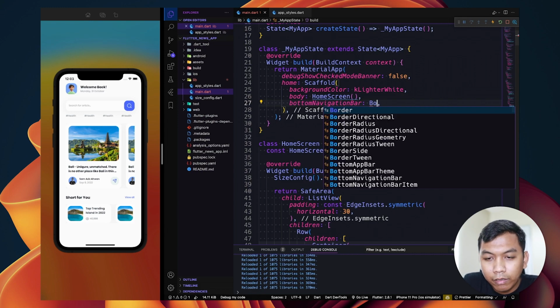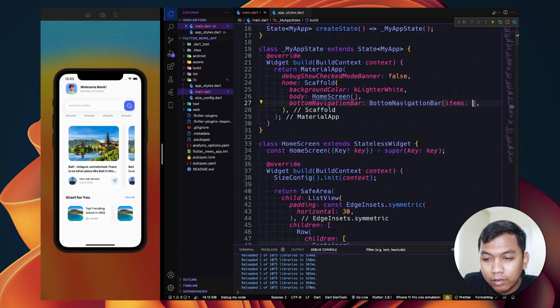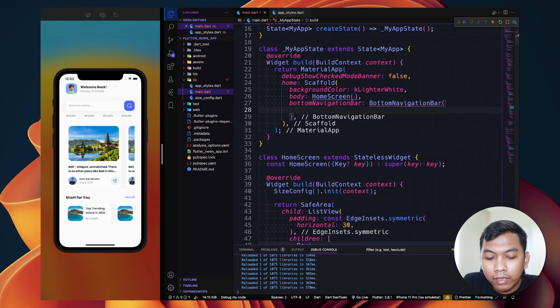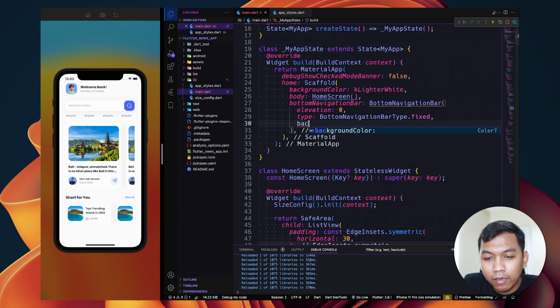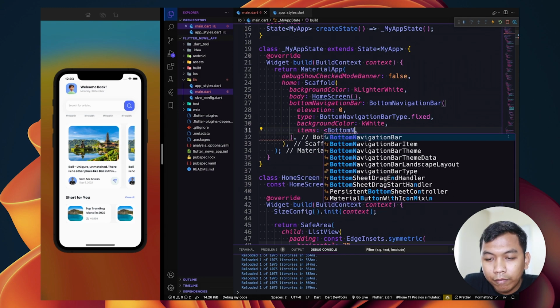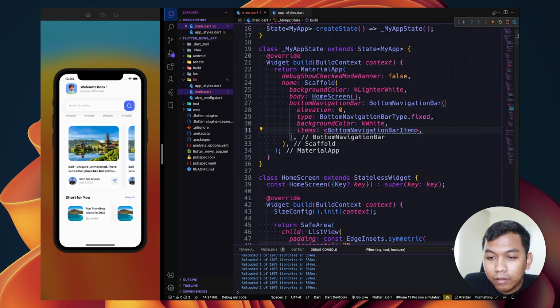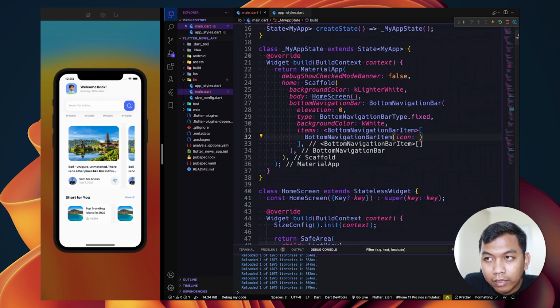And inside this bottom navigation bar, we will have elevation to be 0 and type will be fixed, and background color will be white. And the next is an item itself, and we will have a bottom navigation bar item, and we will say an icon.